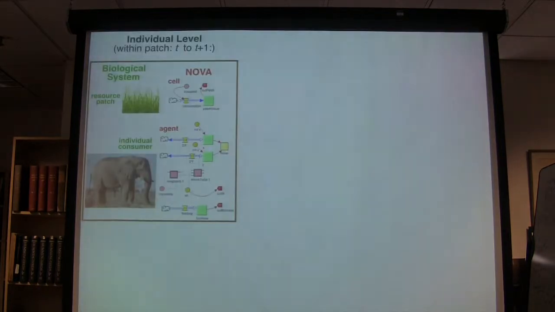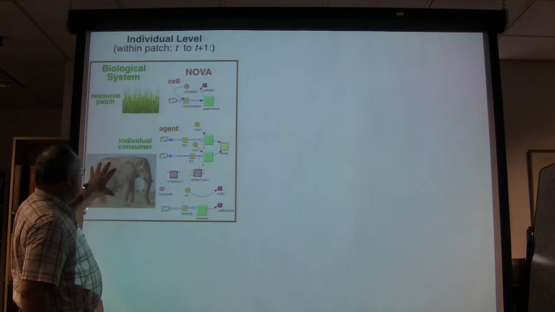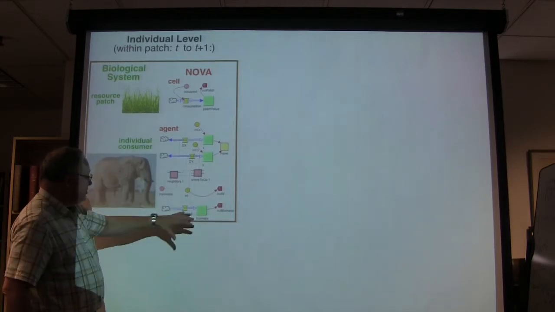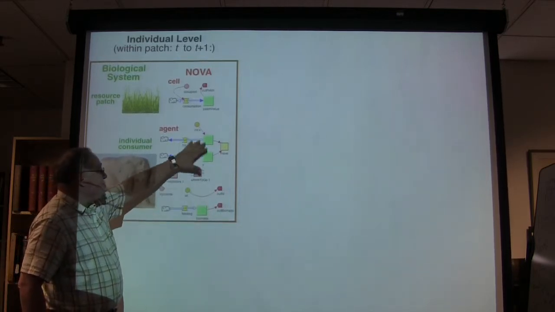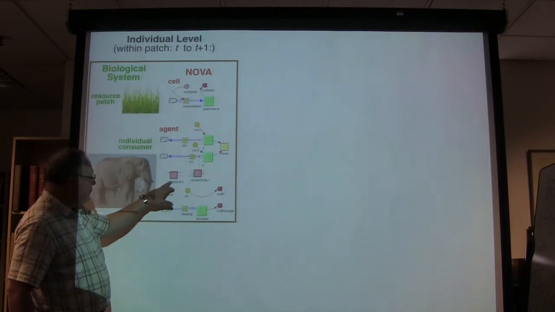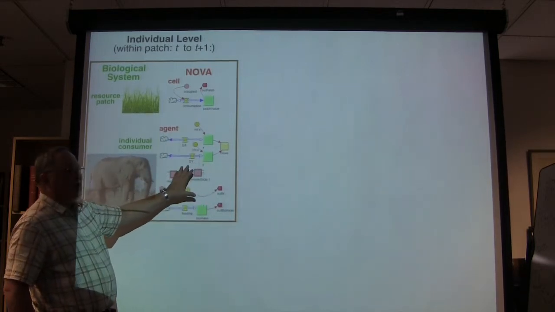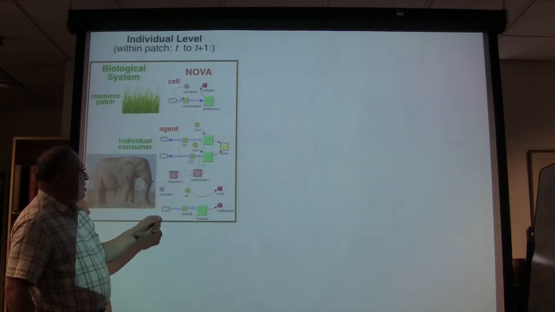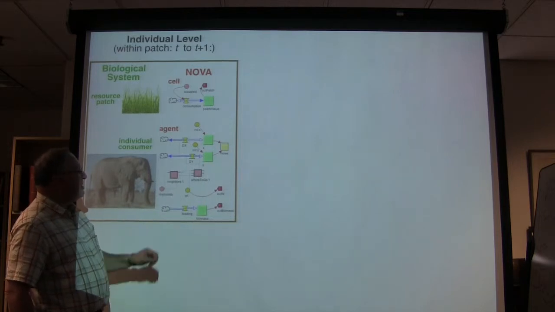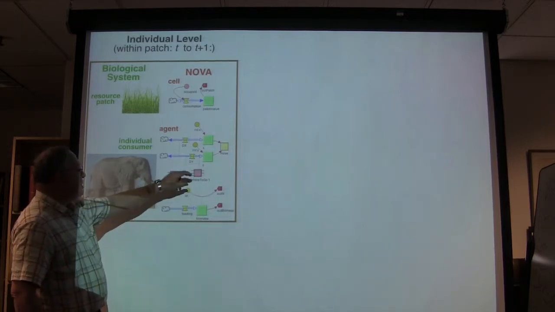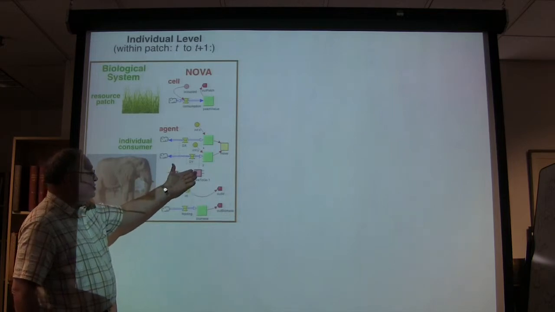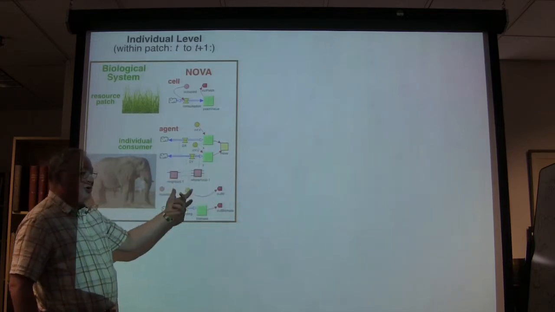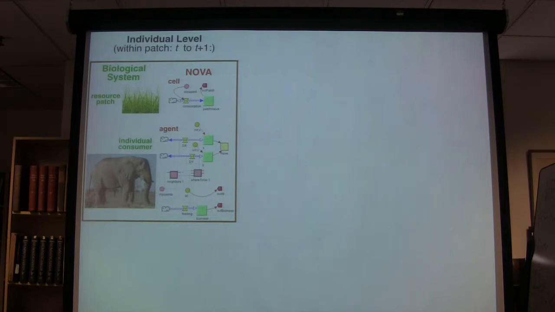So getting back to these genetic algorithms, you have an individual, you have a patch equation, you have an individual equation here. This individual gains biomass. It has rules on where X, Y, where it's going to move. It has a little module here on where to go. If you don't like this module on where to go, there may be another module that somebody else developed on how an individual chooses where to go. You can run your model, then you can replace this just with a drag and drop, and you've got a new model that tells you, okay, the animal's making decisions in different ways.